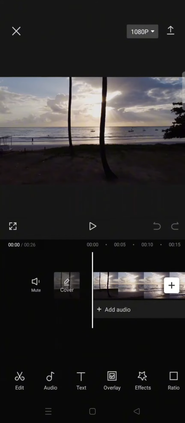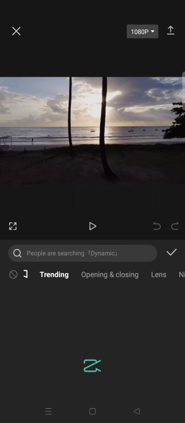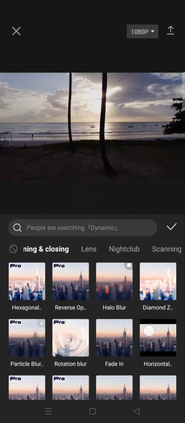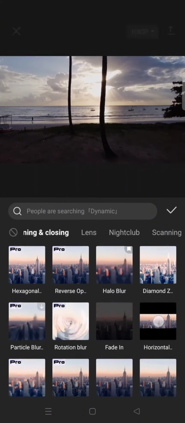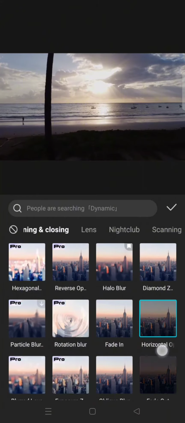On today's tutorial, I'm gonna show you how to create a cinematic touch on your clips with only a simple step on CapCut. So here I've already added a clip, and to make your videos look more cinematic, you can just use this video effect on CapCut. So go to the effect, click on the video effect, choose the opening and closing, and then here you can add this horizontal opening like this to make your videos